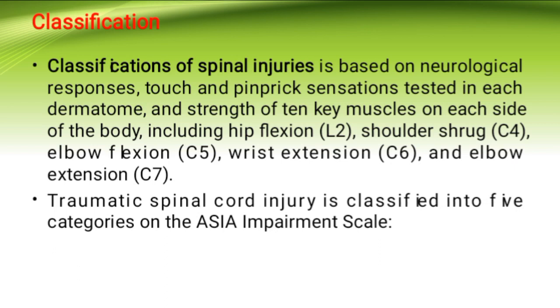Okay, so under the neurological response, we have the stimulus of what? Touch. Let's say a person is touching you, you'll be able to feel it. What makes you feel that there is someone touching you is these receptor cells found on our skin. Not only that, if a person is pinpricking you, for example, if they want to get some blood, maybe they want to do the malaria test, they'll pinprick you. You'll be able to sense it and get the sensation test of each dermatome.